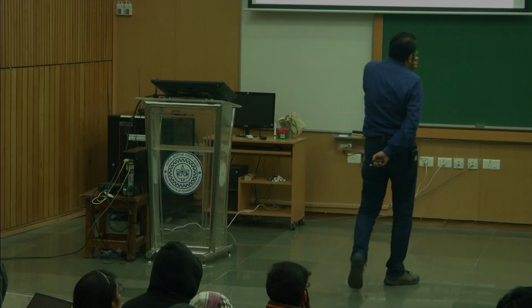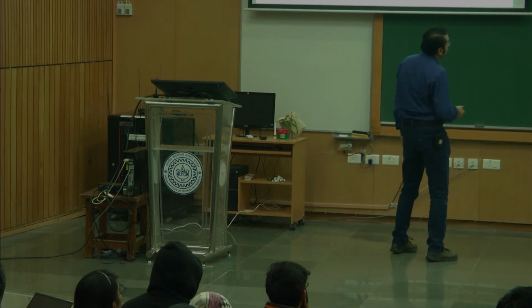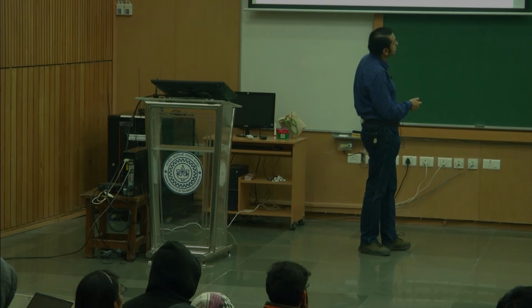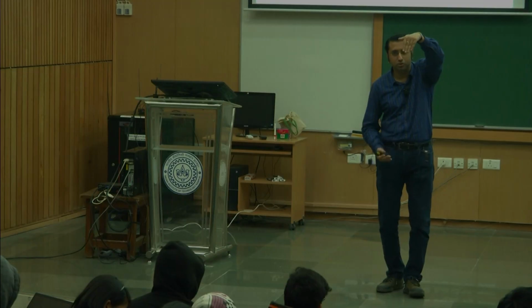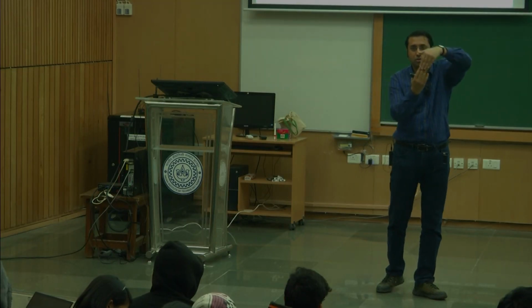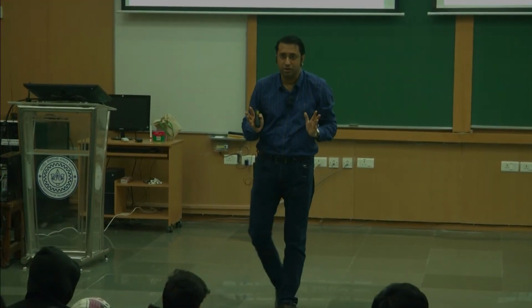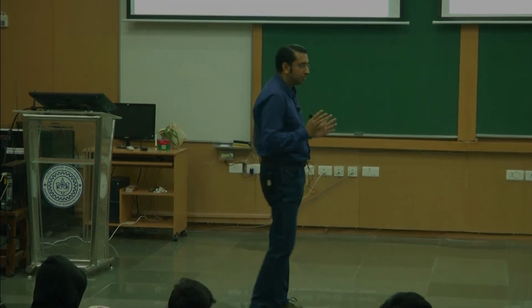And the dynamically allocated data would go into the heap. That's the technical term used to designate the area where your dynamically allocated data resides. And typically the stack and the heap will grow in opposite directions. Typically the stack grows down, heap goes up, and if they ever collide, you're in big trouble. All right. So typically at that time you get segmentation faults or something of that sort.